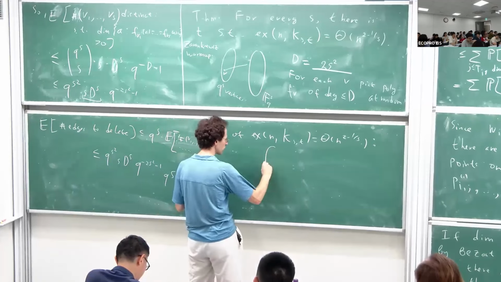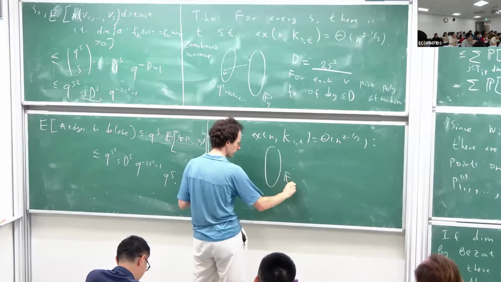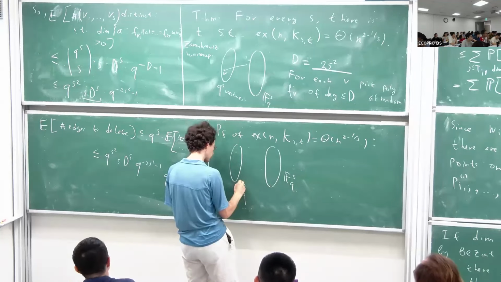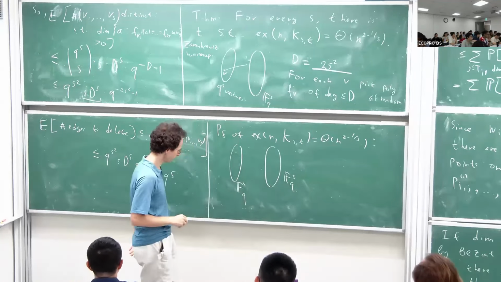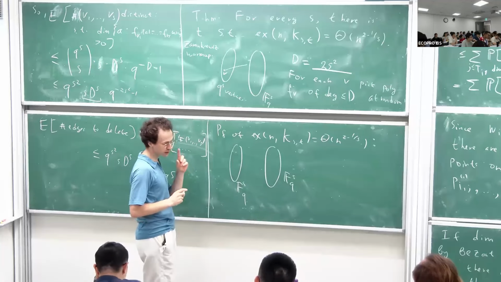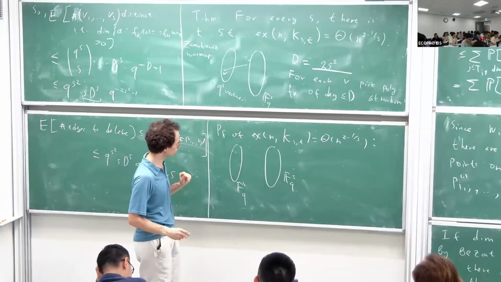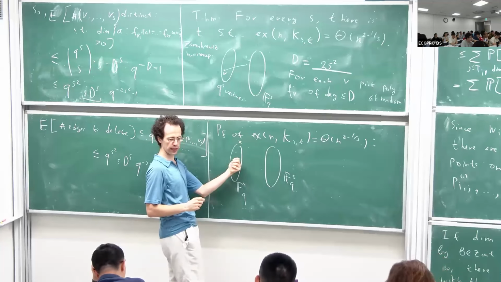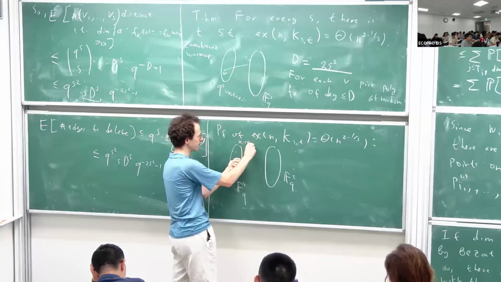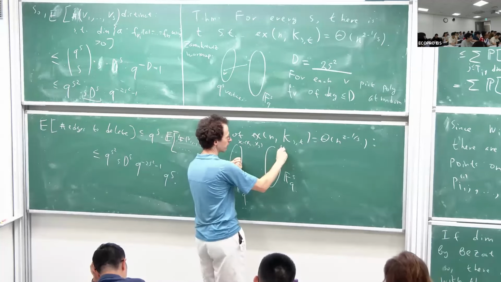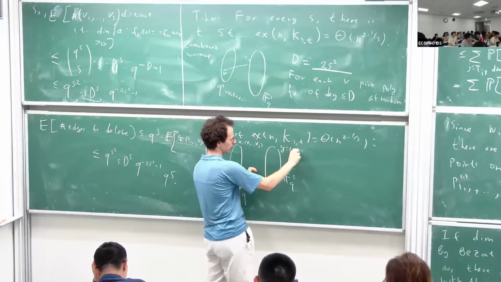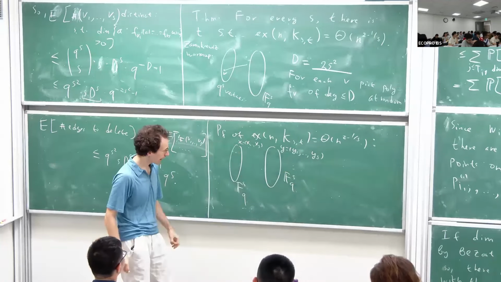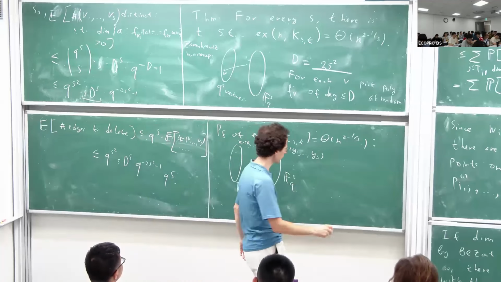We're going to have a graph where both parts are now S-dimensional vector spaces over FQ. And we're going to pick a single polynomial, but now it's a polynomial in two sets of variables. I'll think about the variables on the left as X, so X is a vector X1 through XS, and the points on the right I would refer to with variable Y. So this is also a vector, and I'm going to pick